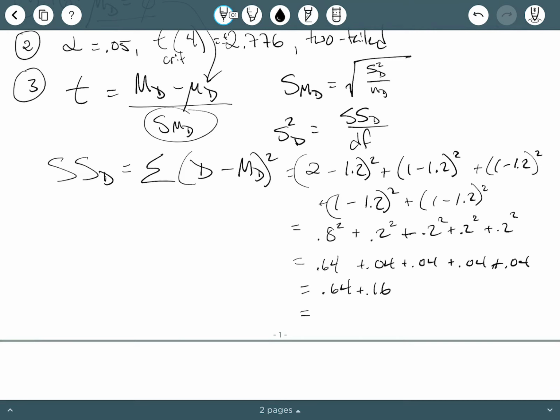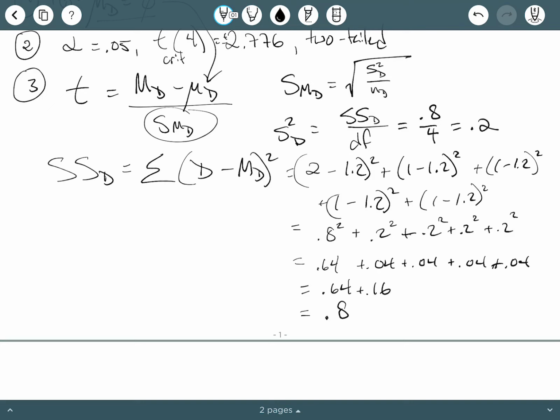And if we add these together, we should get 0.8. Okay, that's the sum of the squared deviations of each one of these scores from the mean. So we'll just plug that in here to do our variance, right? So 0.8 over 4 degrees of freedom